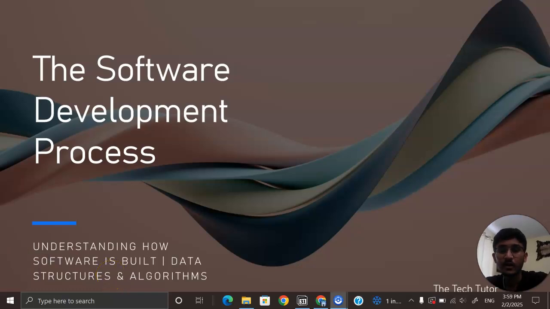Have you ever wondered how software is actually built? Whether it's a small script or a full-fledged application, every software follows a structured development process. Today, we're diving into the software development process, an essential concept for understanding how programs go from an idea to